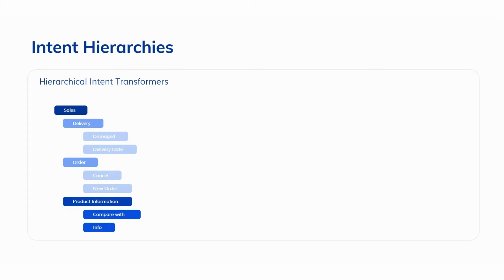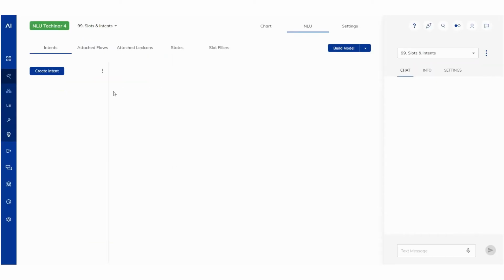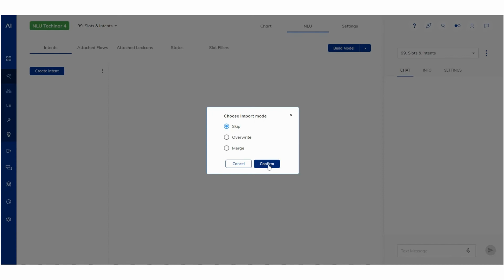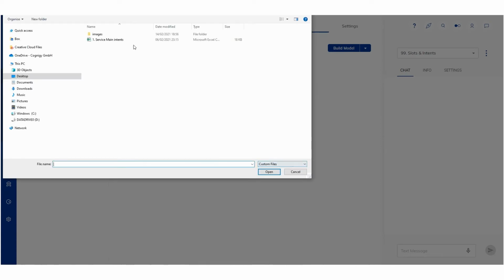So to understand this concept, you can imagine that you have a number of high-level topics, a number of high-level intents, and each of them can have so-called child intents. You can go up to 3 layers per flow, and this means that you can create incredibly accurate intent mapping. So Cognigy will come in, and in one pass, it will first compare the parent intents, then the child intents, and then the grandchild intents. So if we switch over to the Cognigy editor and we upload a set of intents that I prepared here, we'll have the chance to see this in action.